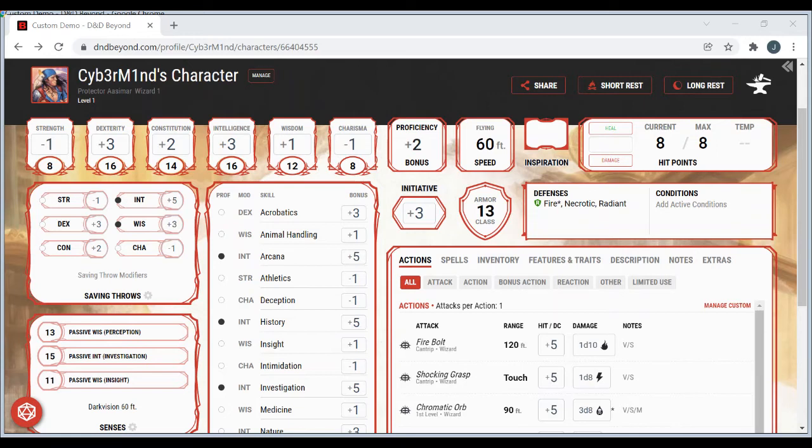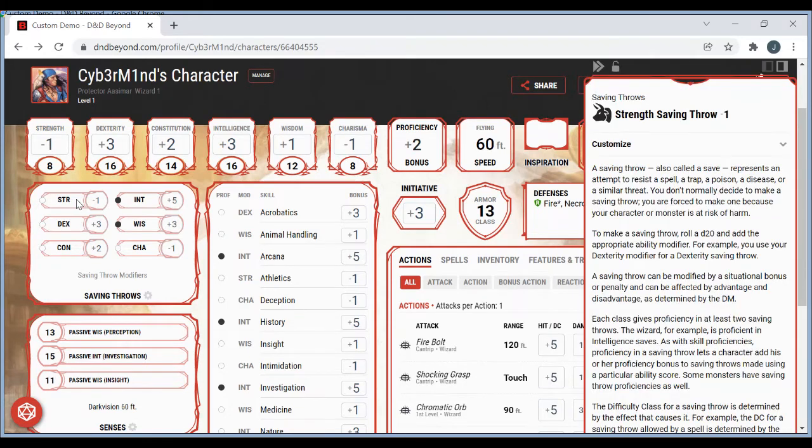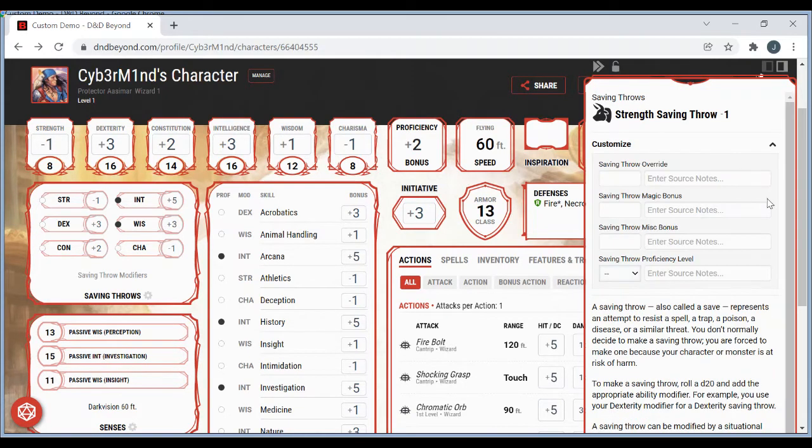Saving throws. We can do saving throws here. So you can create customizations. You can click on the saving throw to change. Let's say saving throw customization. So we can choose to override it entirely, add a magic bonus, add a miscellaneous bonus, similar to the AC. We can also change the proficiency level. Not proficient means none of the proficiency bonus; half proficient means that you would have half your proficiency bonus rounded down. So it would be 2 if you had a proficiency bonus of 3, it would still be